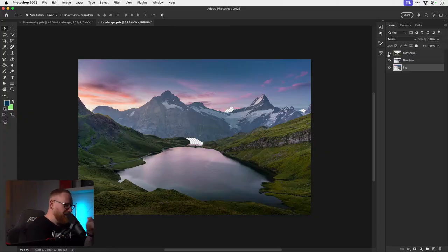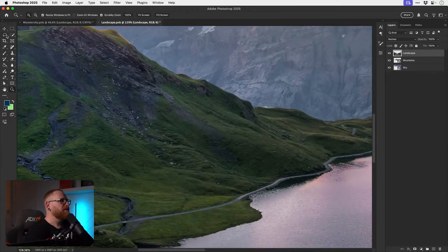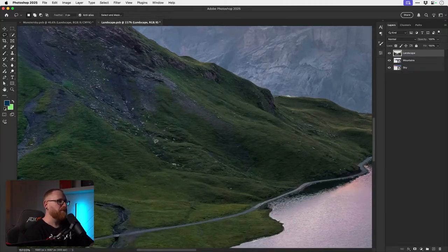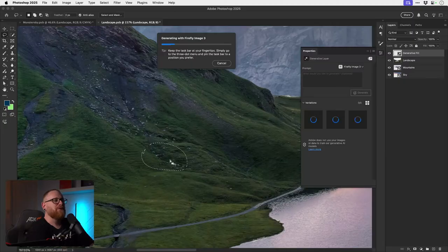Oh, I'll catch you later, Raquel. So the way of using gen fill, I think, is more like this. If you didn't like these few rocks here, you can just go gen fill, not use a written prompt, just generate, and it will remove the rocks and smooth them out.